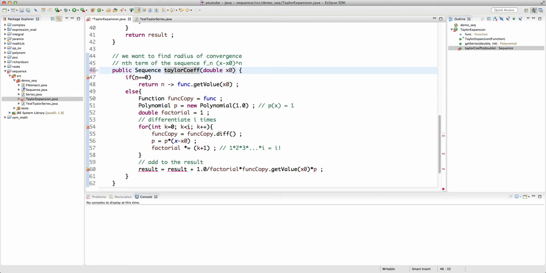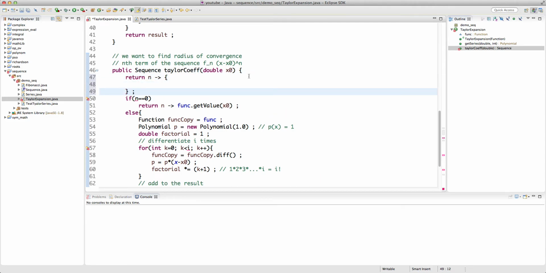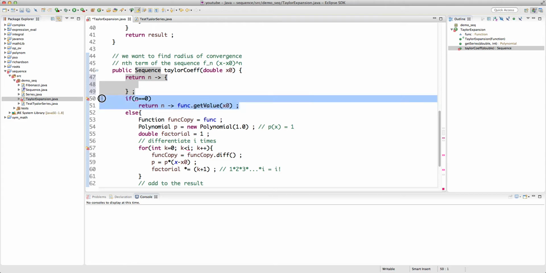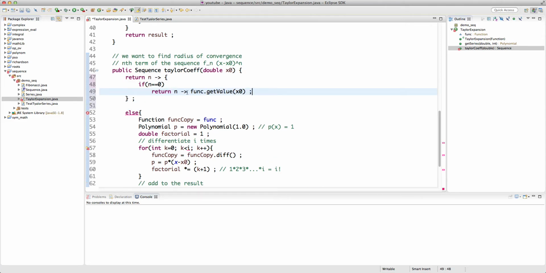So let's call this Taylor coef. And then what we need to do here is we're going to say that return n goes to something. And what is that thing? If n is equal to 0, we're going to return the function at 0, right? And then else